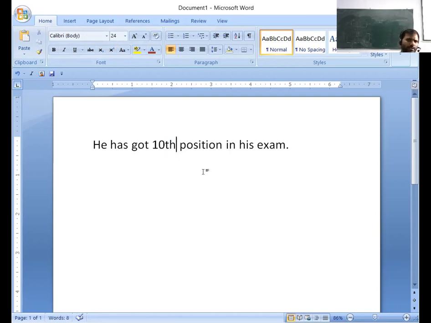As you can see, this is the normal text. But if I want to change TH into superscript, then I have to select TH only, and then apply the superscript option. After applying it, you can see the size has decreased and its position has changed. It's at the top right corner of the subsequent text.